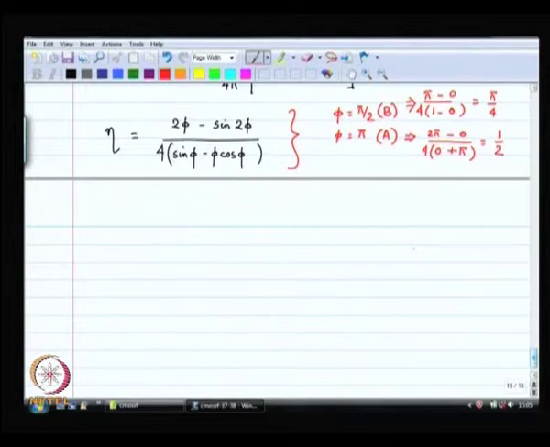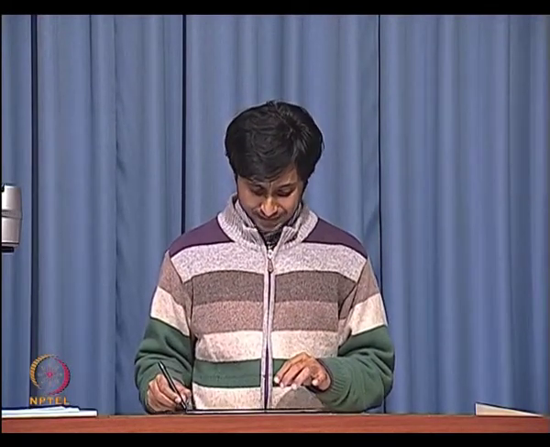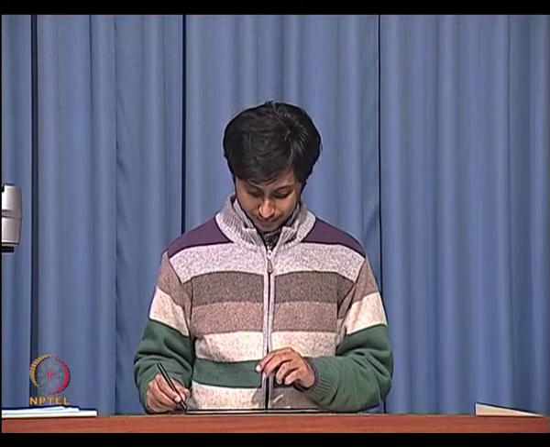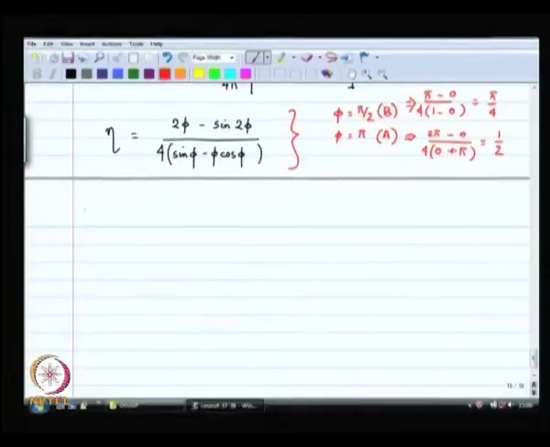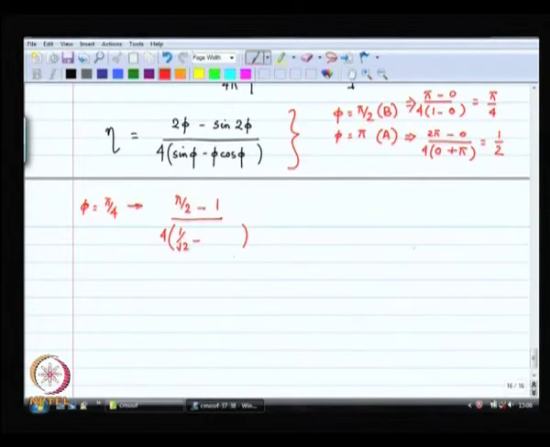Okay. So, this is the general expression for the efficiency of a class C amplifier, and this kind of tells you that as you decrease the conduction angle, okay. So, for a conduction angle of pi by 2, you get an efficiency of pi by 4. What if the conduction angle is pi by 4? So, twice pi by 4 will give you pi by 2 minus sine of 2 phi, 2 phi is pi by 2. So, sine of 2 phi is 1, divided by 4 times sine of phi, sine of pi by 4 is 1 by root 2, minus phi times phi is pi by 2, pi by 4,